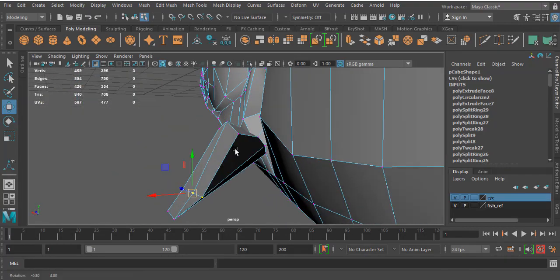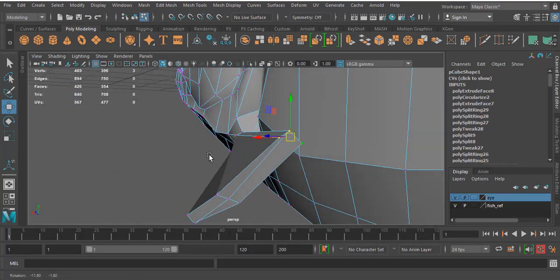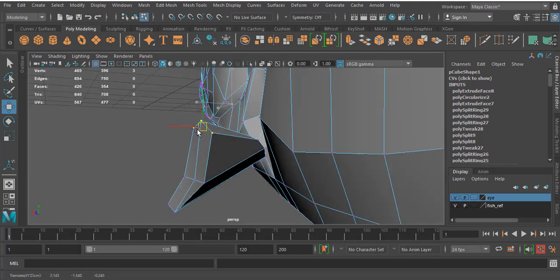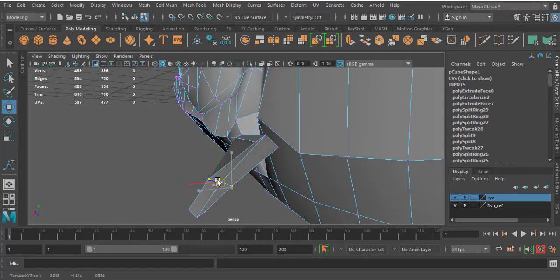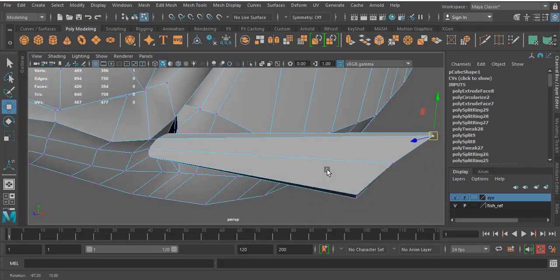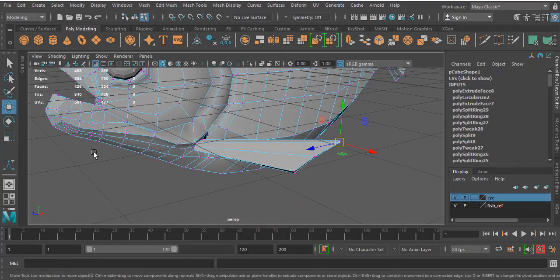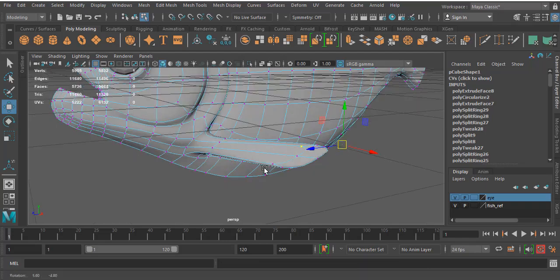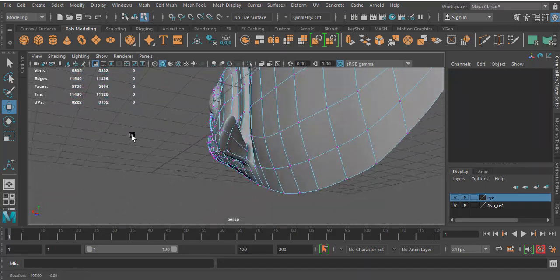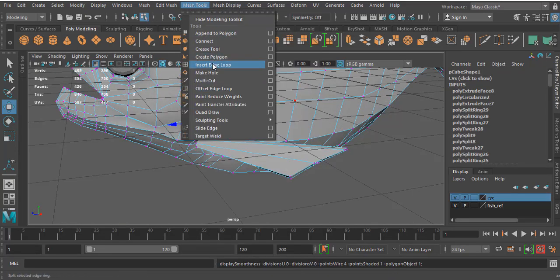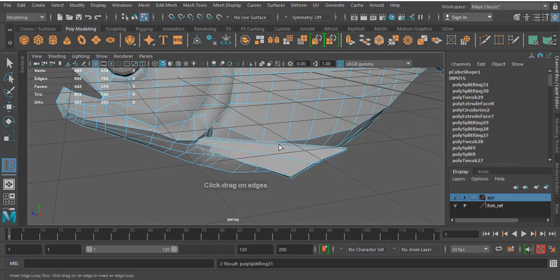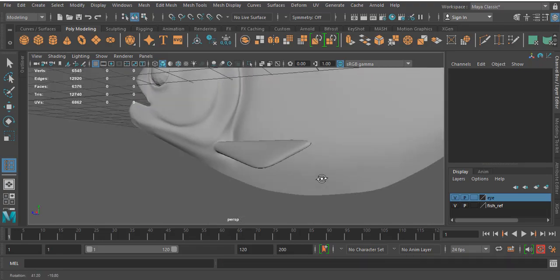Okay, so it seems like not proper. You have to place this because we don't have a front view, so that's why in the reference I'm using this area. Now for the softness, if I smooth this, it looks like this. So I just want to give that depth. So go to insert edge loop, give 1, 2, 3 and one more over here for the supporting area. Press 3.